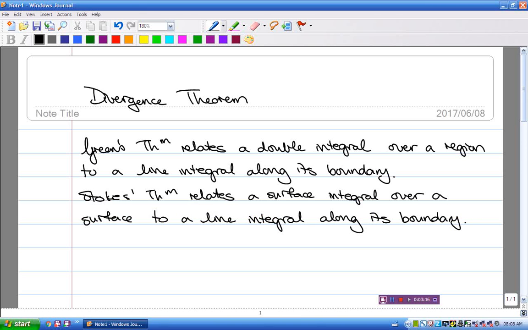So Green's theorem relates a double integral over a region to a line integral along its boundary. Stokes' theorem relates a surface integral over a region, which is a piece of a surface, to a line integral along its boundary. And then what divergence theorem does is it steps all of this up a dimension. So the divergence theorem,